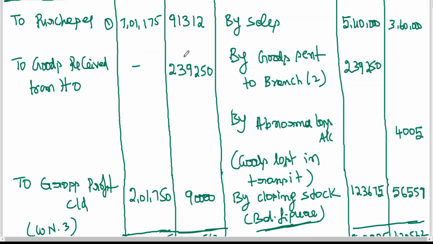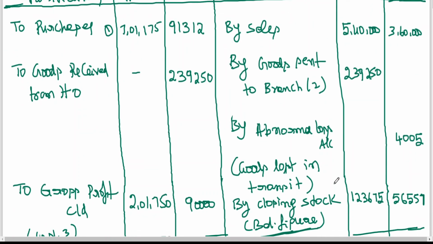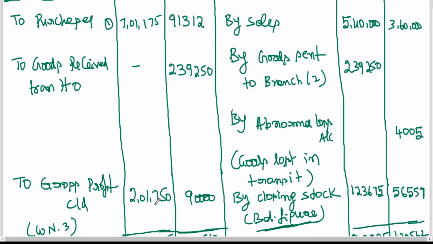Now the question is that two goods at branch are there. Just for discussion's sake, my dear friends, you have done the problem. You only remember this. The technical point I'm explaining. So the problem is clear. Don't confuse; just retain it in the mind. Maybe some of you may have a doubt. That is the reason why I'm giving the explanation. If a question comes, we will be doing like this only. But please remember, just for explanation's sake, I'm assuming that 91,312, the entire amount, has been sold. Point number one. Now 2,39,250 also, part of the stock has been sold. Now the unsold stock is 57,750. 57,750 has been given.